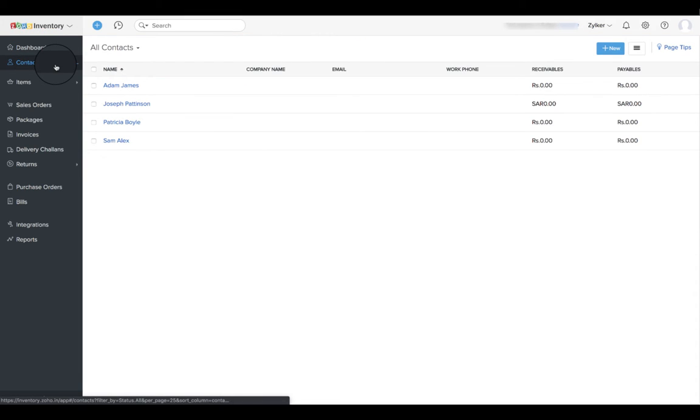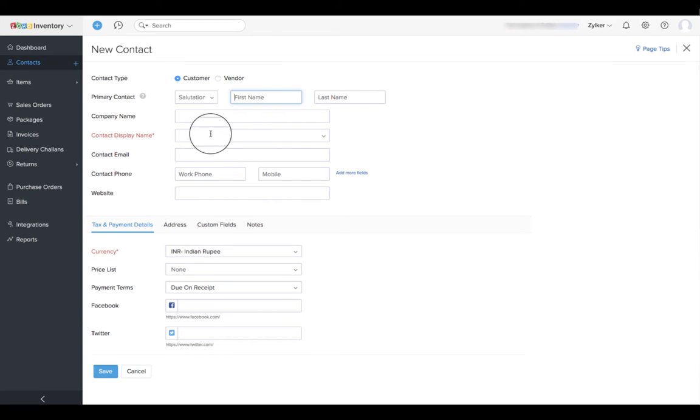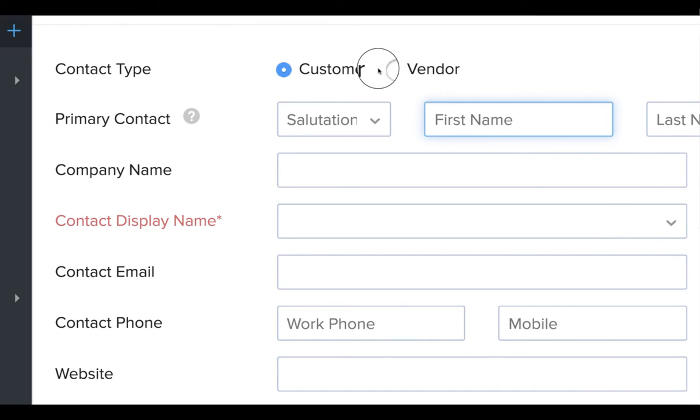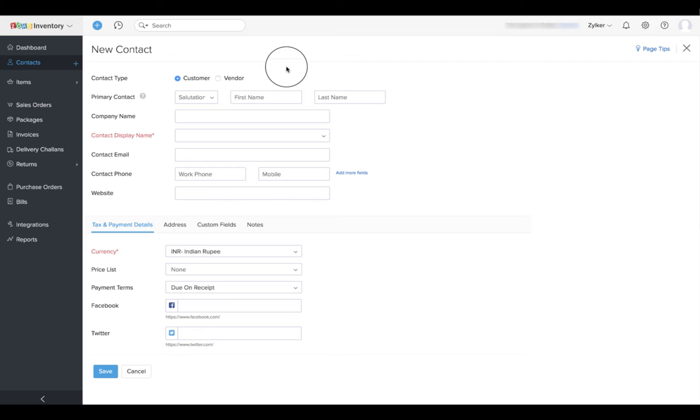Move to the Contacts module by clicking on Contacts on the left pane. Click on the Plus New button and enter the details pertaining to your contacts. Your contact can either be a vendor or a customer, hence make sure you select the appropriate radio button choice